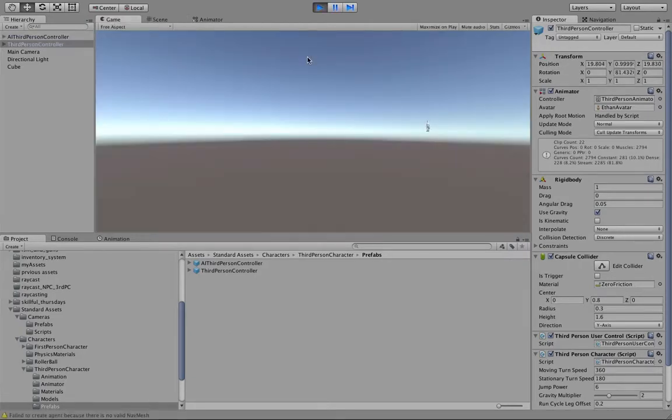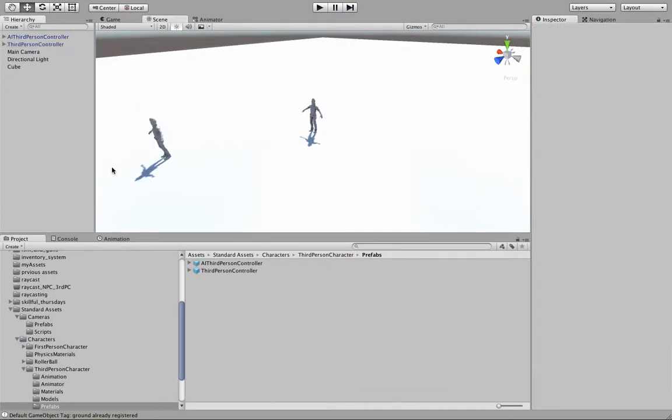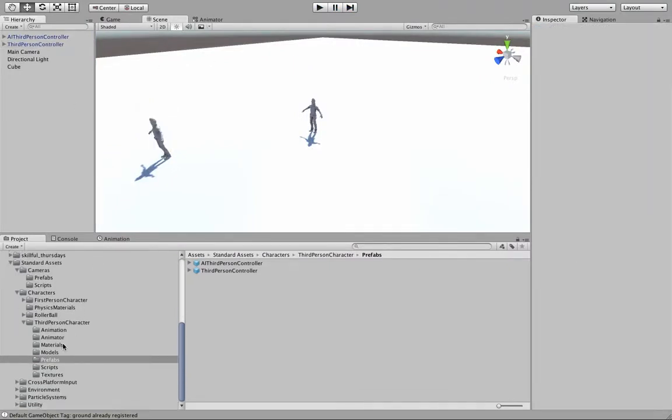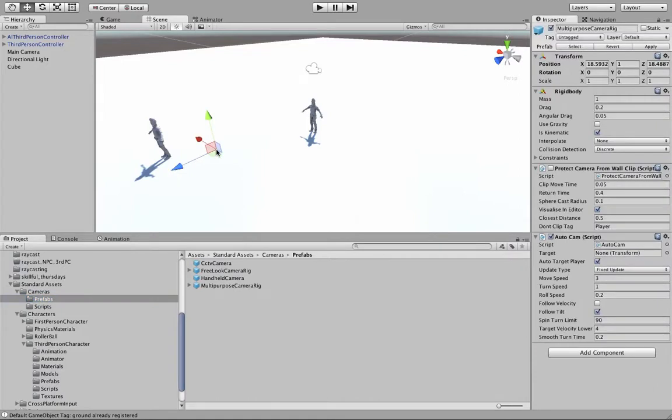Now the only issue again is that I forgot to add a camera that will follow the player. So again, I just need to go to my standard assets that I have imported previously, go to cameras, and in cameras go to prefab and look at multi-purpose camera rig. This camera again will follow a specific target. So again, I just need to make sure that the target is my third-person controller by dragging and dropping this